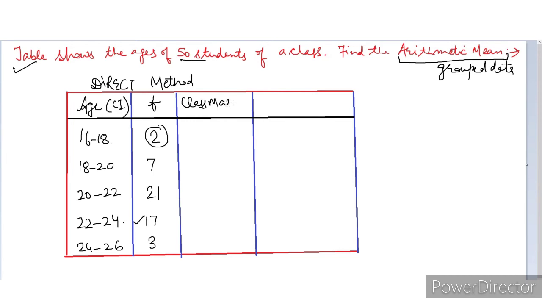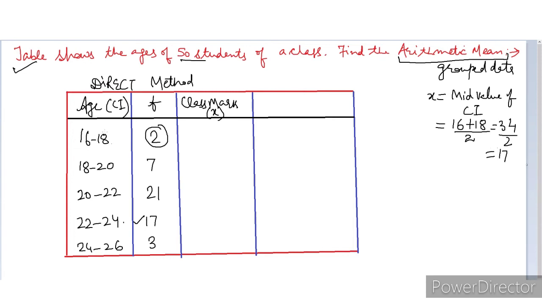This is the class mark, and every time we will call it a small x, right? It was done in 9th class, but still I will tell you the definition of class mark or x. It is simply the mid value of the class interval. So the first class interval is 16 to 18. What will be its mid value? 16 plus 18 divided by 2, in the simple sense it is nothing but the average or the mean of this class interval, right? So it will be 34 divided by 2, and the answer will be 17.